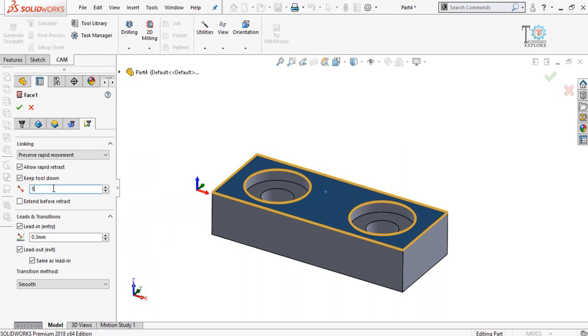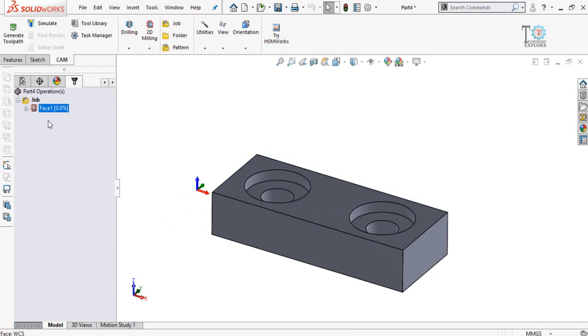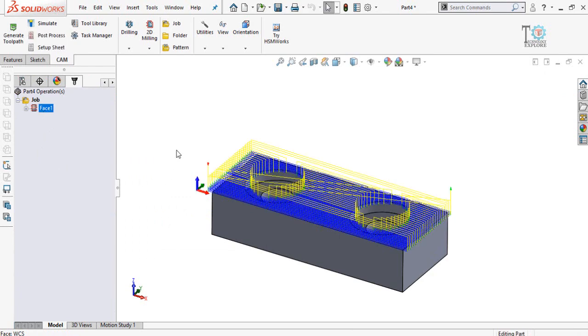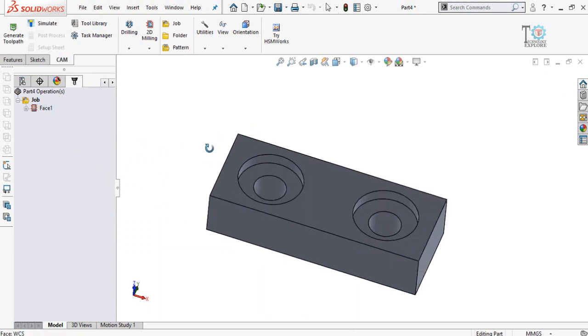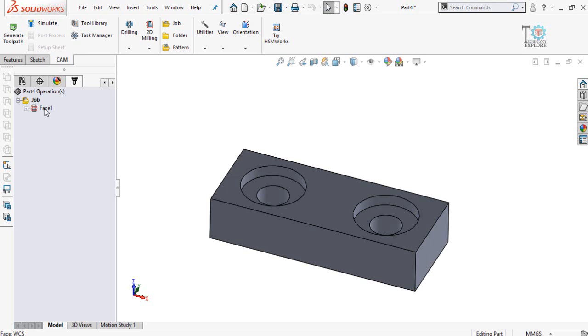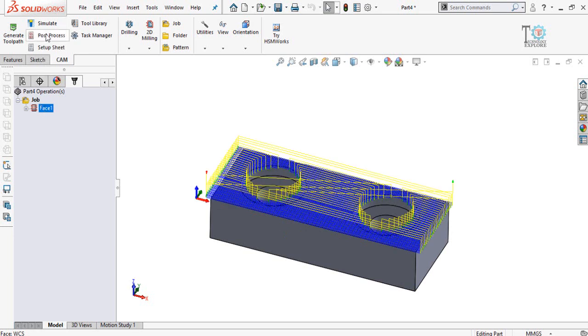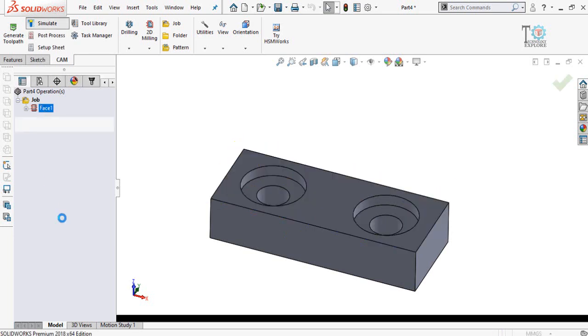We have to type here 5 millimeter, then press OK button. So here you can see the system is calculating. So now it's done. Next step, to verify whether we have done this correctly or not, we can simulate this process. For that, click on face and then select simulate.